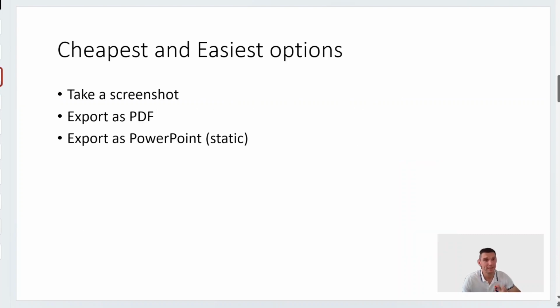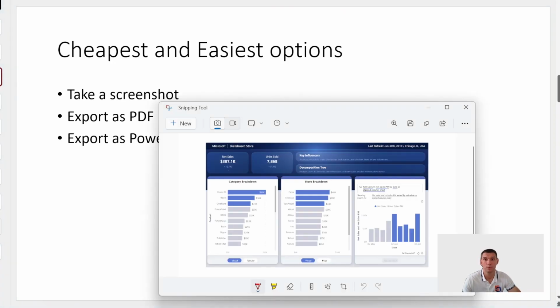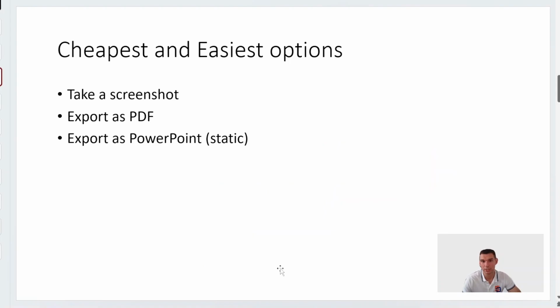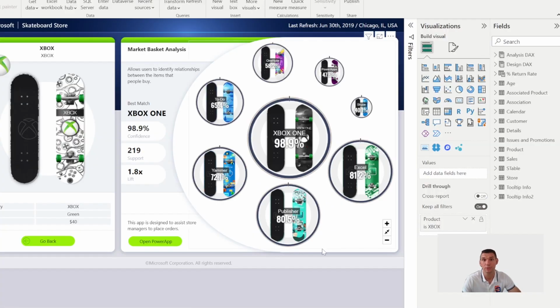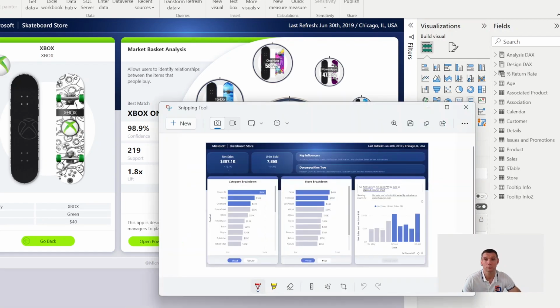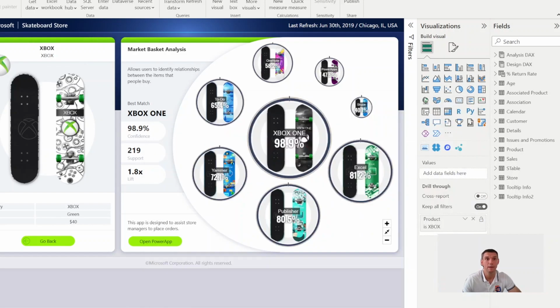Don't laugh, please, but these really are things that work, and most of the time you don't need anything fancy, you just need to provide some static pictures. So the first option is to take a screenshot. With Windows, we have the beautiful Snipping Tool, which helps you take a screenshot from any application, any screen you need. For example, the screenshot could be taken from the Power BI Desktop application. So you could snip some stuff here